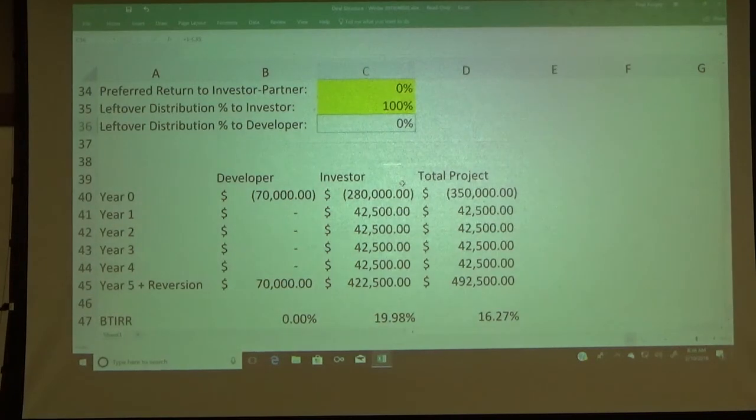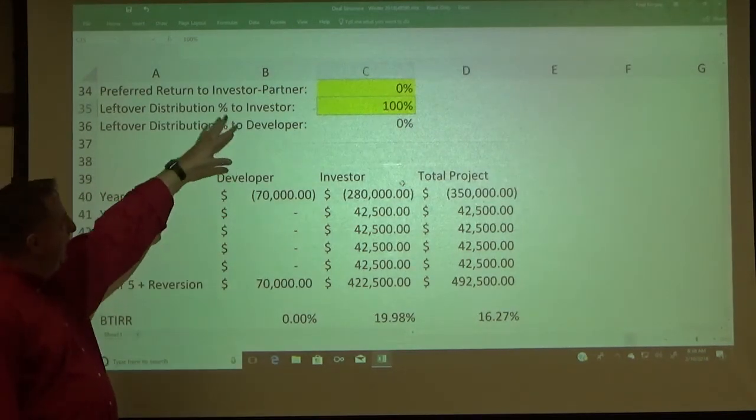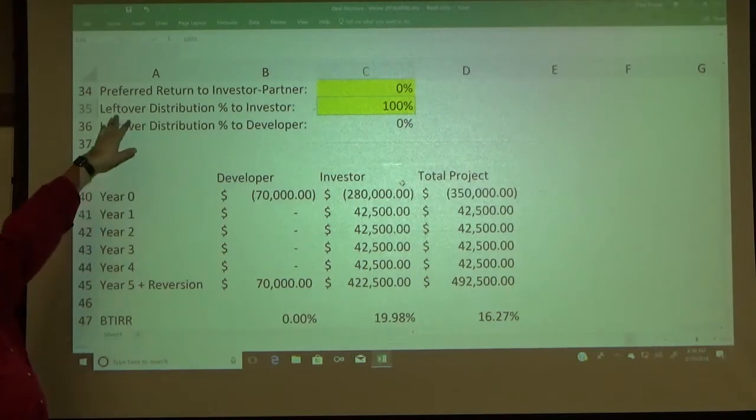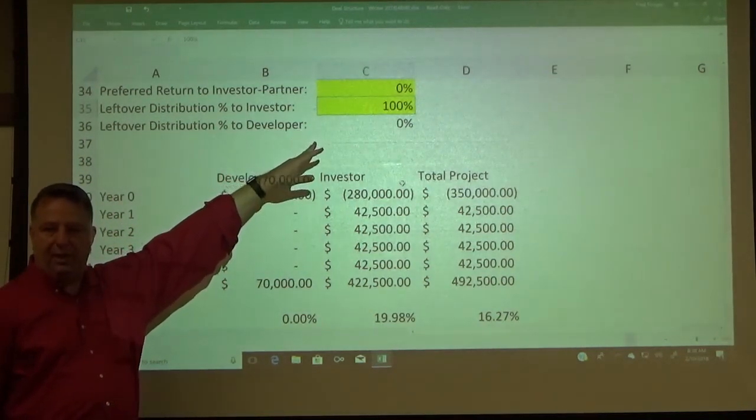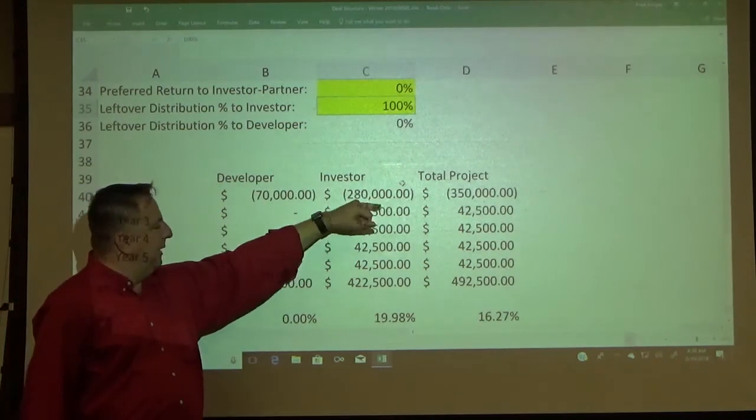Notice what also changes. Year 5 and reversion. Okay, just look. You can do it on your own screen just to see what I'm doing here. But let me just point this out. If we give all the leftover distributions to the investor, 100% of what's left over,